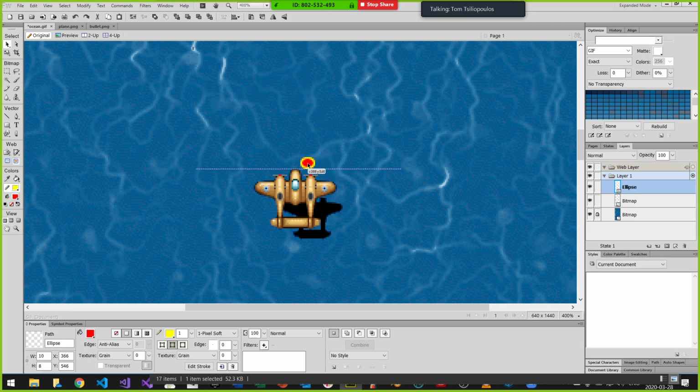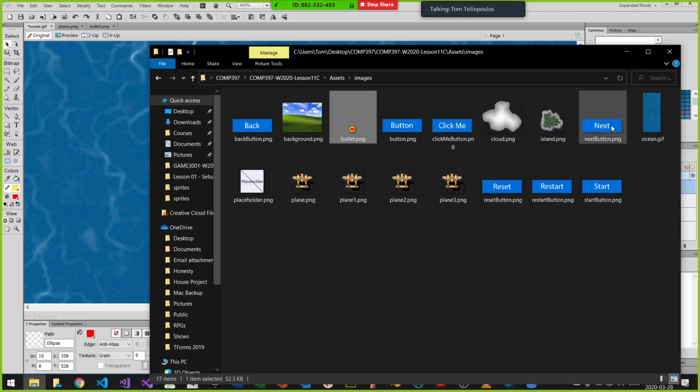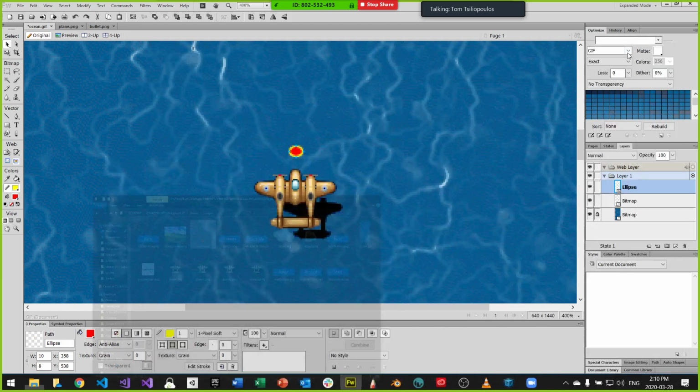For me today, I'm going to make it so there's a spawn point in front of the plane, like right here, and the bullet's going to fire straight up. Pretty straightforward. So that's the plan. That means I need a spawn point in front of the plane for me to make this work. So let's go back and start off with the code.